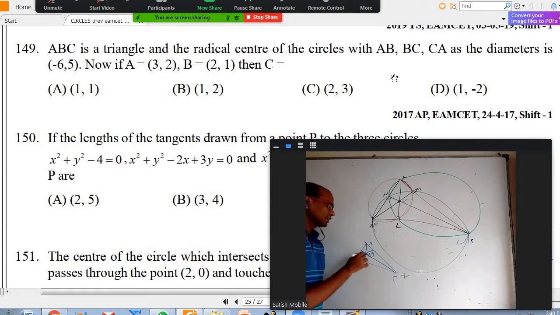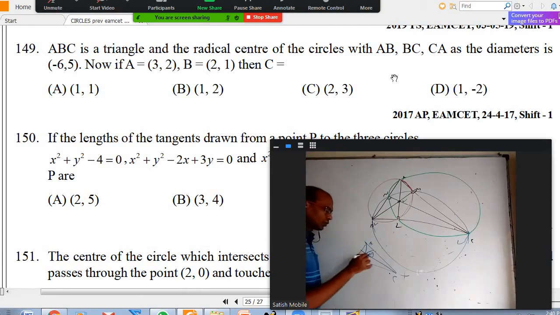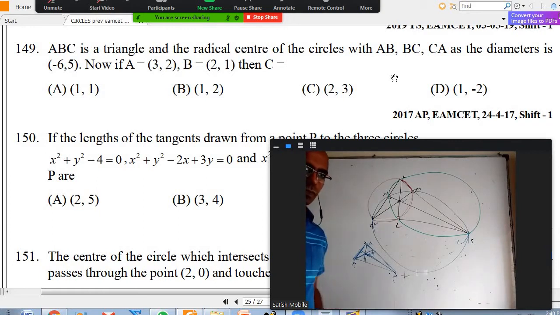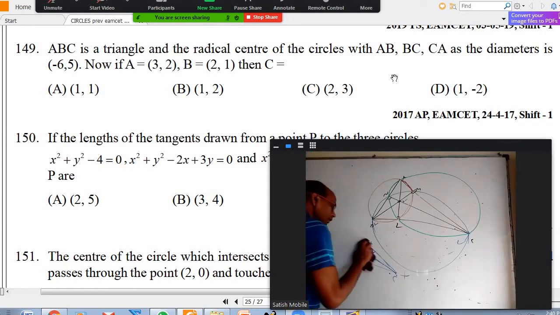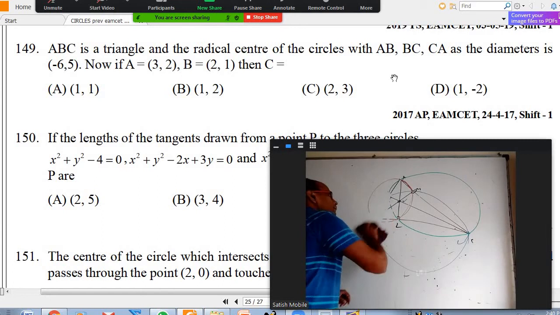So if 3 vertices are given and you want to find the orthocenter, whether you understand A is the orthocenter or not is not important. You know these 3 points, you know this is 90, this is 90. You find this slope, from that you'll get this slope, you know this point, you can find this line. Similarly for the other line. So these 2 lines will give the point. I hope it's clear now for everyone. Yes, sir.